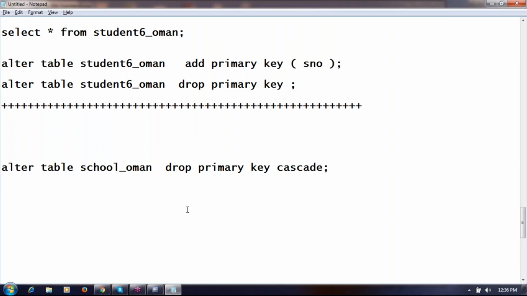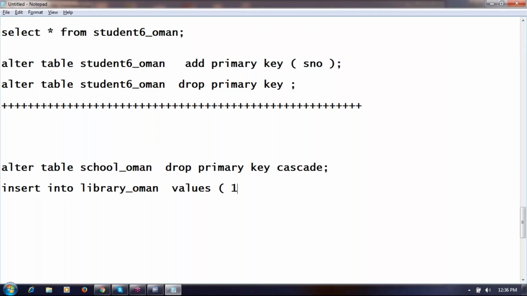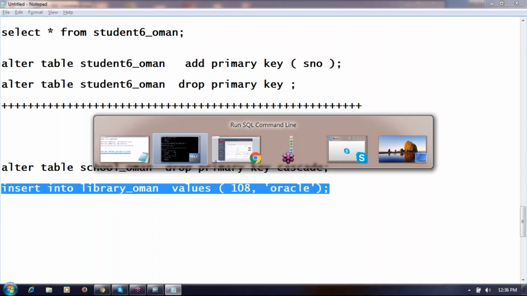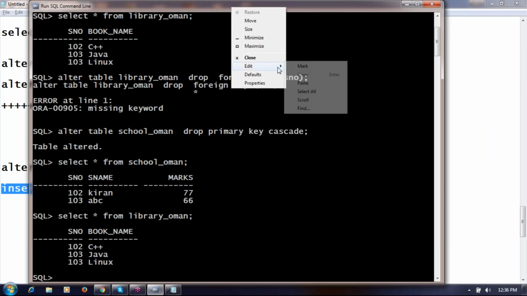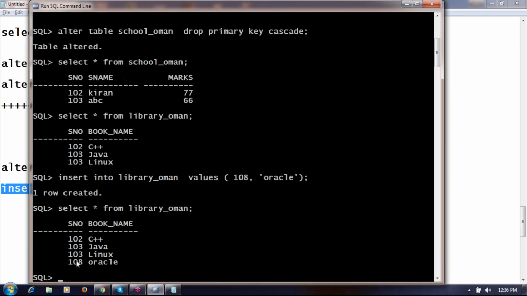Yes, insert it. That is a test for this. One row created. 108 is created.